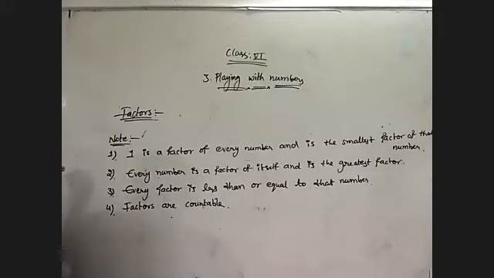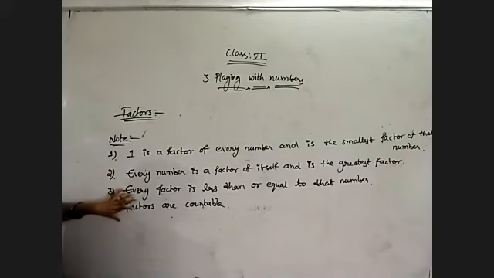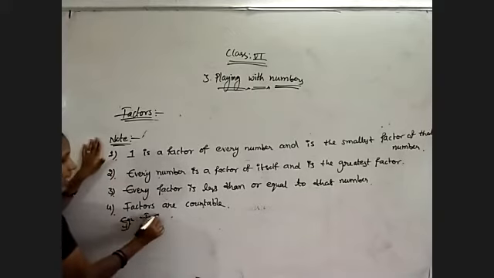Next, one is a factor for every number, and it is the smallest factor. Every number is a factor of itself and is the greatest factor. Every factor is less than or equal to that number, and factors are countable. So these are the different points we need to remember about factors. A factor is nothing but a number which divides another number exactly. Suppose, what are the factors of 15? For example, factors of